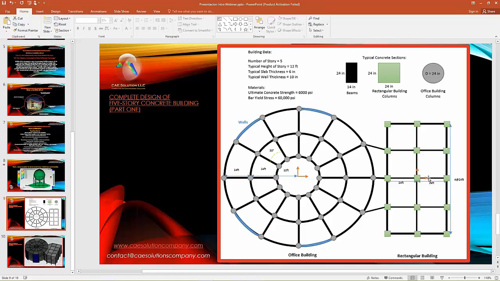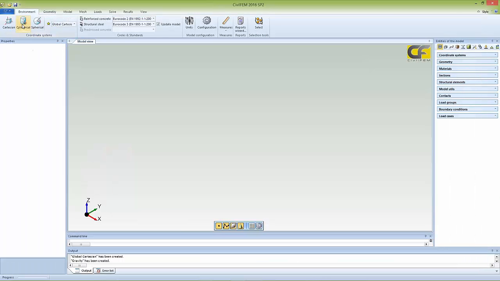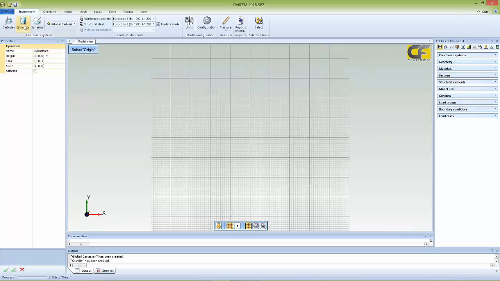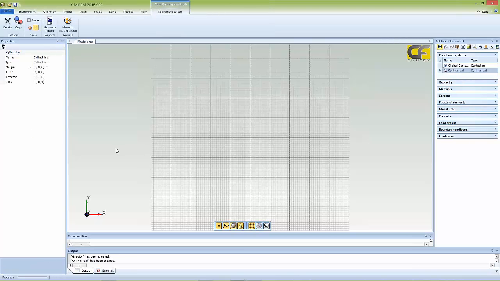We're going to work with two coordinate systems. One will be cylindrical for this building on the left, and one Cartesian for the one on the right. Now we're going to define the local coordinate system for each type of building. One circular, that will be cylindrical, and one rectangular or Cartesian. At the origin, we're going to create a